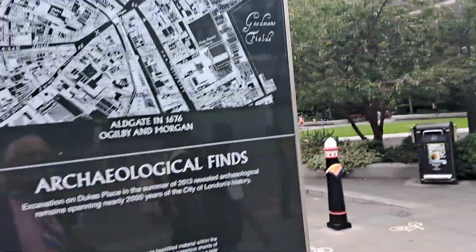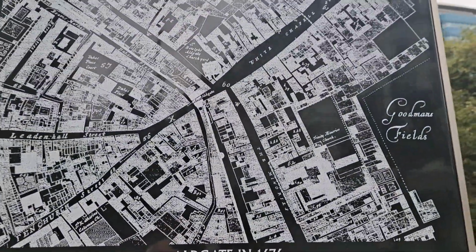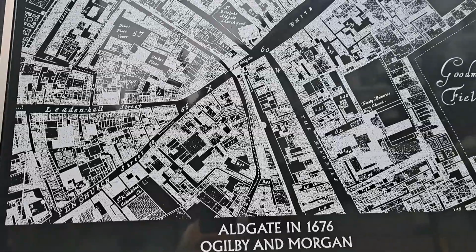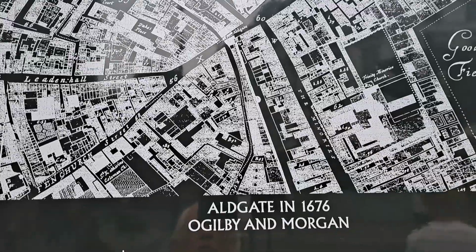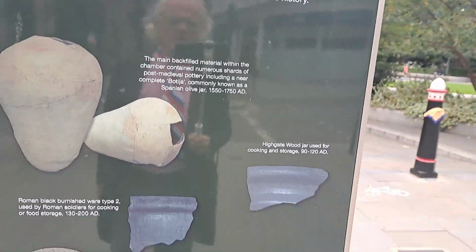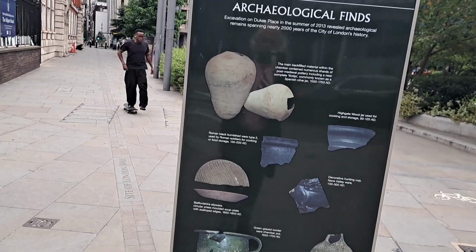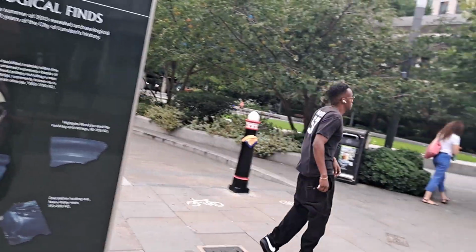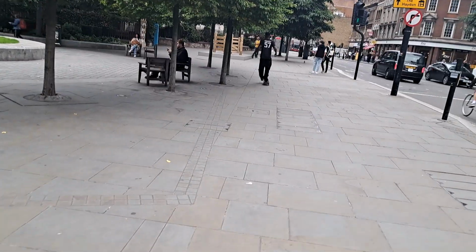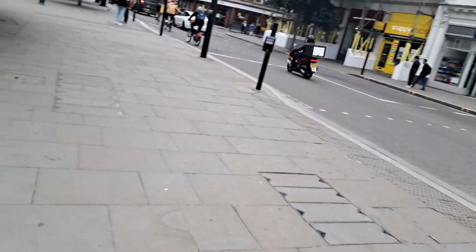They show you here, they've got a map, not very easy to show you here, but this map was dated 1676, so 10 years after the fire, so it shows you all the neighbourhood as it was in those days. And also they have photographs of some of the archaeological discoveries. Right, as we go along, we've got skateboarding here, which is an interesting occupation. I just want to carry on the way, but before I do that, it's worth pointing out to you now,